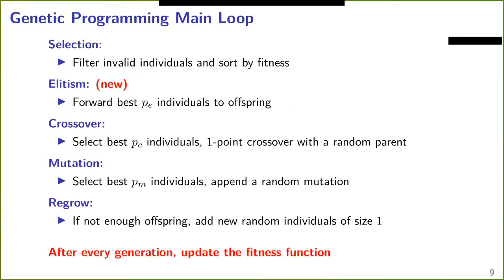Okay, so solution representation is a list of mutations, a list of edits, and an edit is either a deletion, replacement, or insertion. For crossover, we have 2 parents, so 2 lists of edits, and we apply 1 point crossover, so we split both sequences into 2. We take the head of one of them, the tail of the other. We combine them to obtain 1 single offspring. For mutation, we start from the parent, which is a list of edits, and we append at the end of the sequence 1 new uniformly random taken edit.